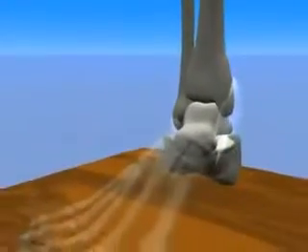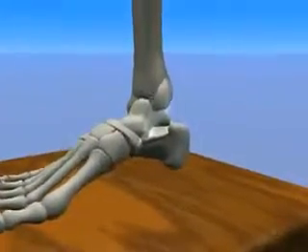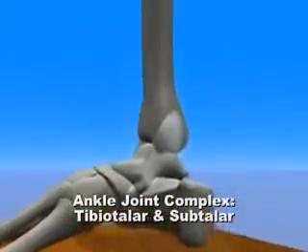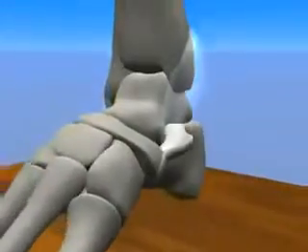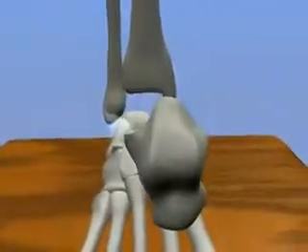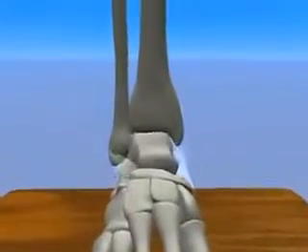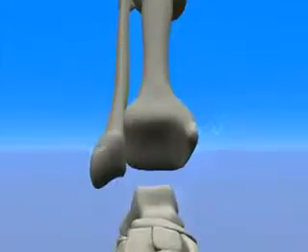This biomechanical complex consists of the bones of the hindfoot, talus, and calcaneus, and two anatomically distinct joints, the ankle, or tibiotalar joint, and the subtalar joint. For this illustration, we will begin by describing the ankle joint. This joint exists between the smoothed, spindle-shaped trochlear surface of the talus and the ankle mortise formed by two malleoli and the plafond of the tibia.